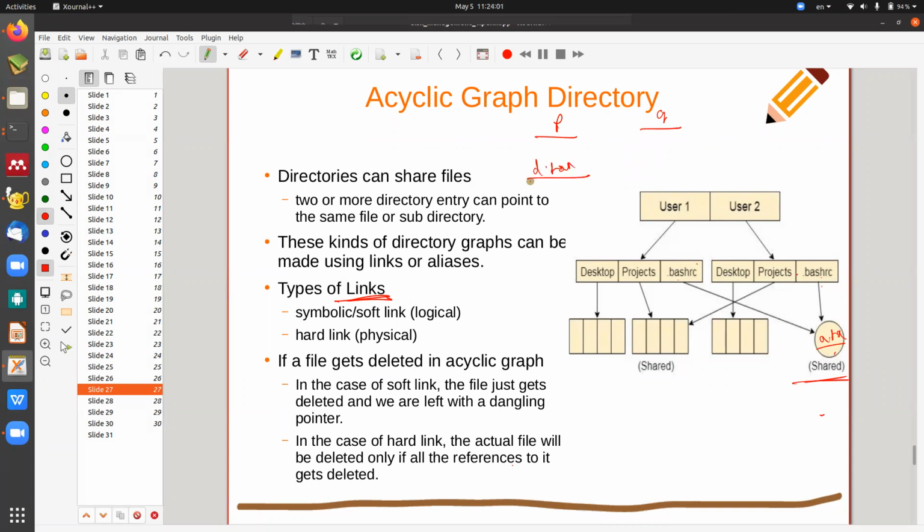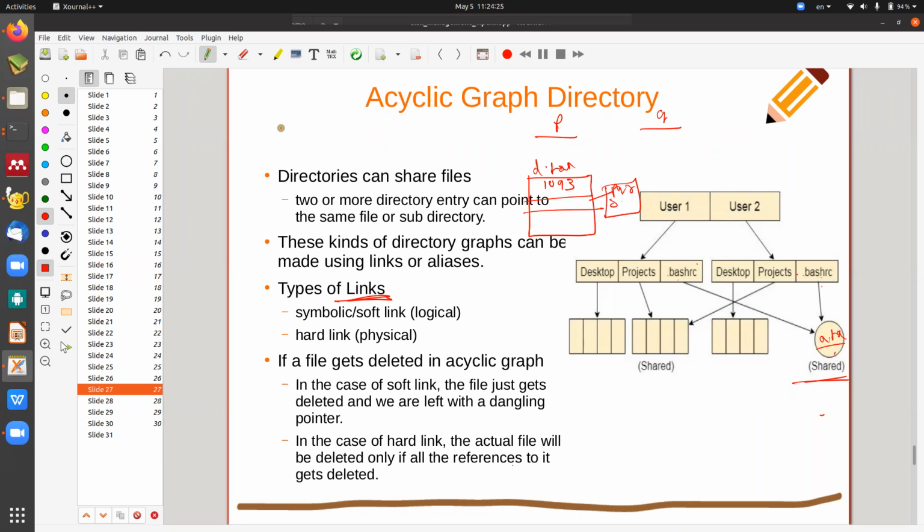Since it is a file, this has an inode. Let's take inode number is 1093. This inode number has direct blocks. In the direct blocks, what is written? It is written PQRST, the text is written. So this file was already created. The moment this Q establishes a link, what does it do? When you write an ln command, what does it do?